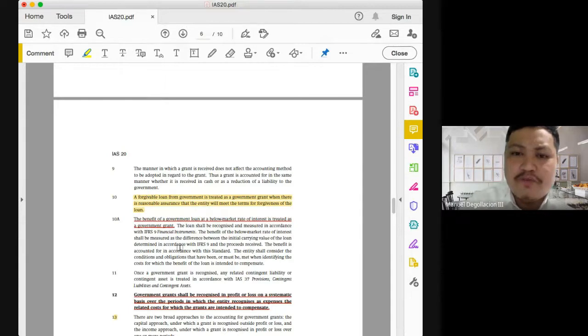No problem with forgivable loans, class. It's very easy to determine how much the benefit is, because whatever is the outstanding liability, since you will not be asked to pay for it anymore, that would be your government grant. Okay, and then